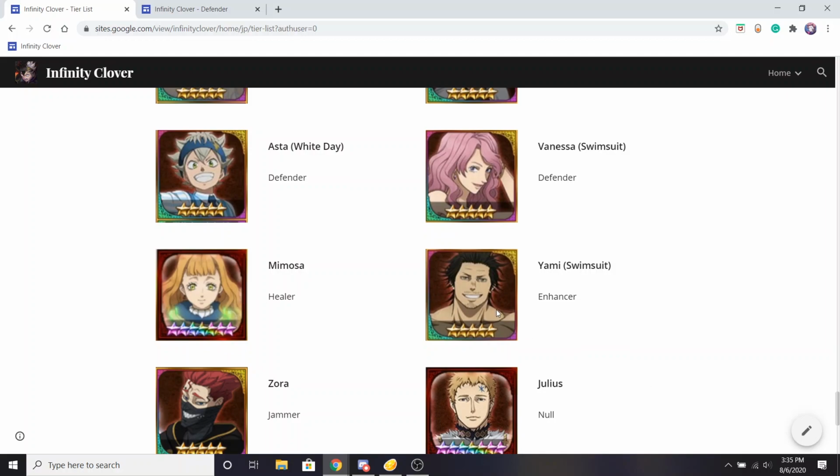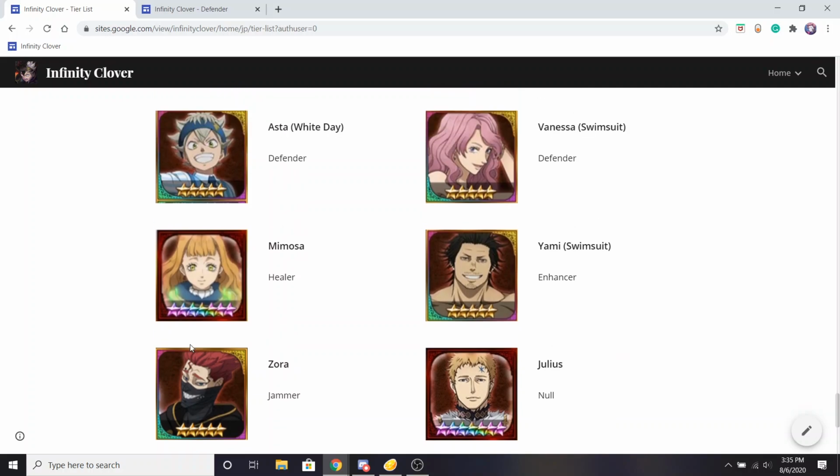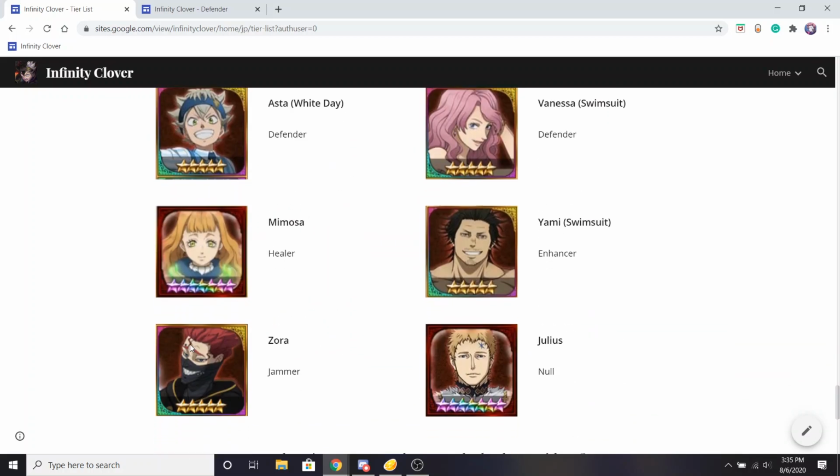Swimsuit Yami is able to buff characters in the same row and column as him, depending on the skill. He's actually pretty solid, but again, stats kind of kill him. Zora, who most recently got his 7-star buff, probably won't be here anymore. I have to look more into his 7-star stats and abilities, maybe some gameplay, and then I will move him, but